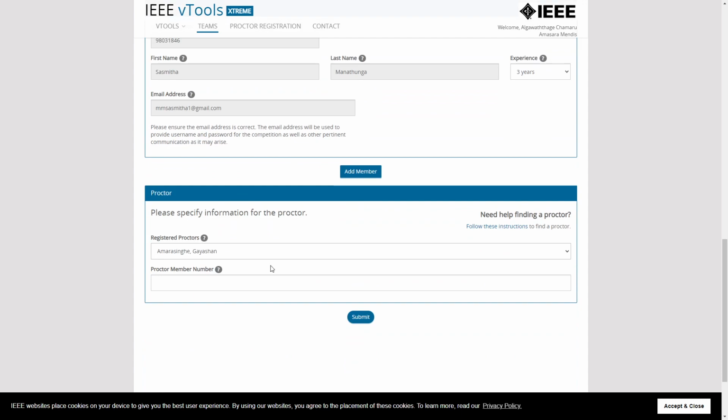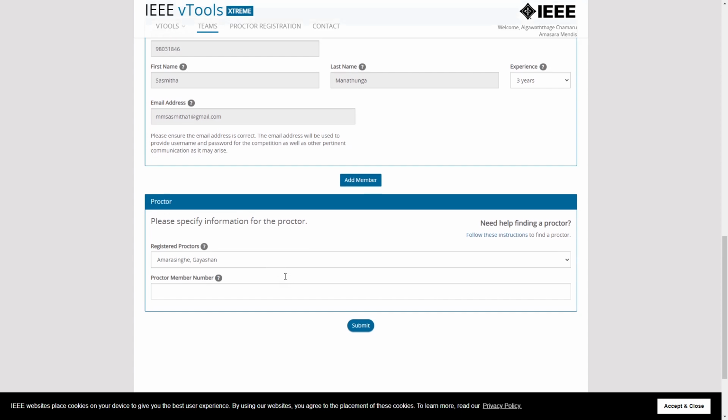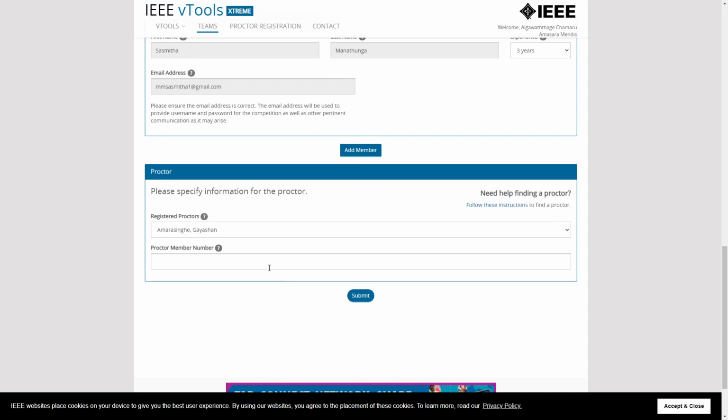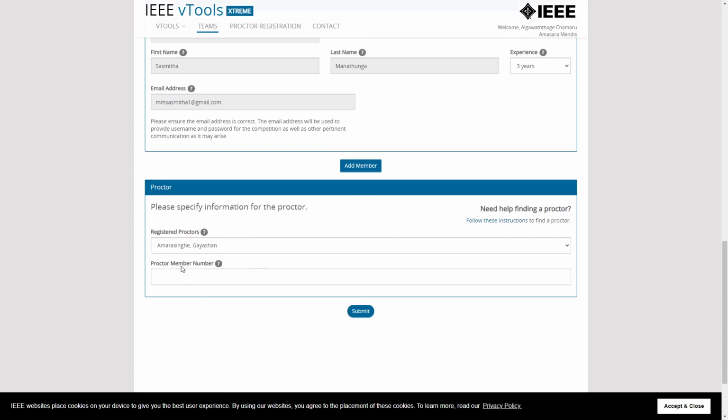Also your proctor should approve being your proctor. So all they have to do is confirm their participation and also being a proctor for you, and then your team will be registered